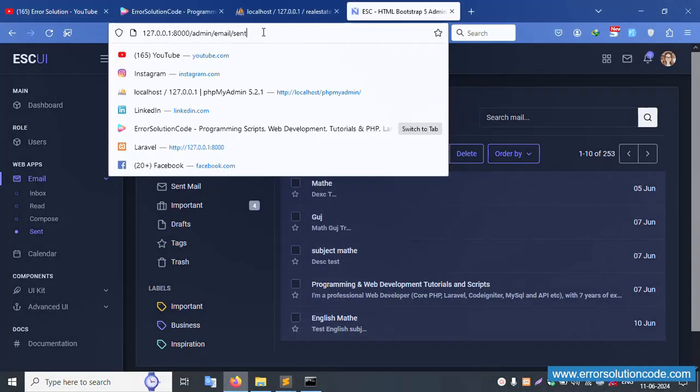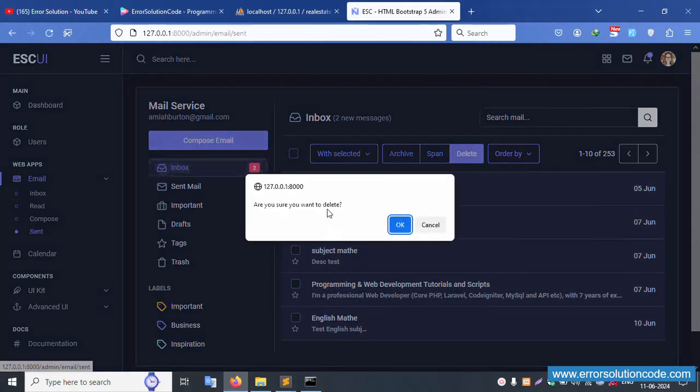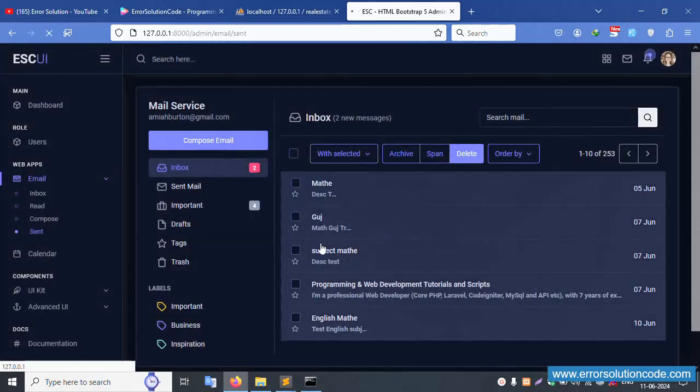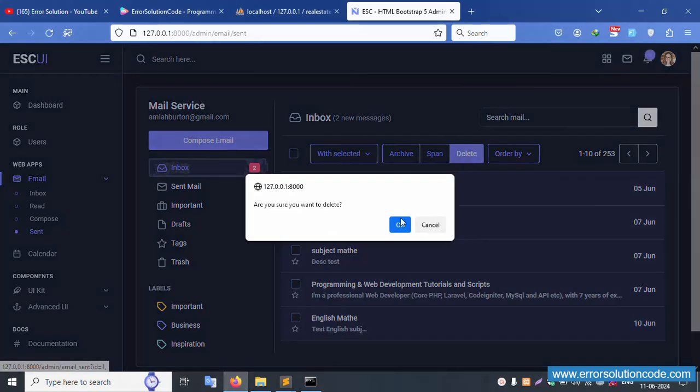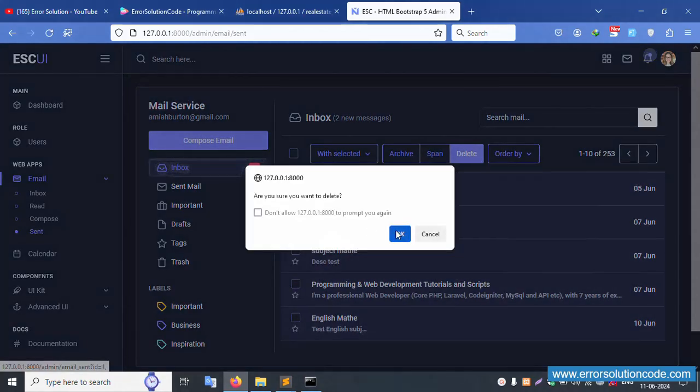Let's refresh this page. Click this delete button. Are you sure want to delete? Okay, this is not selected, this is a redirection. Good working, not deleted. Successfully not deleted, good working. Let's select this one, select and delete. Are you sure want to delete? Cancel is not a delete and click this delete. Okay,